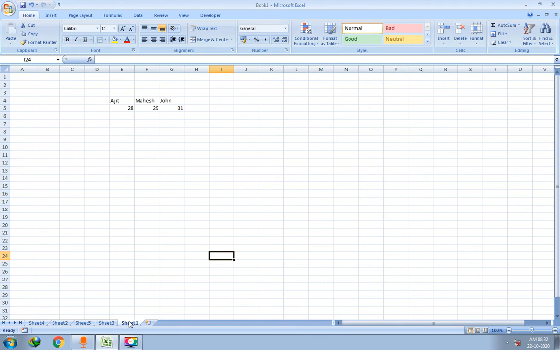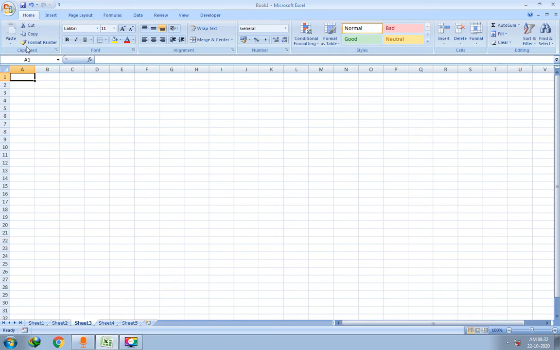How to do this? First of all, click and select. Don't remove your index finger from the mouse. After taking it to the first position, release the button. Again click and hold the button, release the button, right? Click and hold and release the index finger. In this way you can arrange the sheet. It is called repositioning the worksheet. Okay, I hope you understood. You simply need to click the sheet and hold it and take it wherever you want, and then release the index finger.